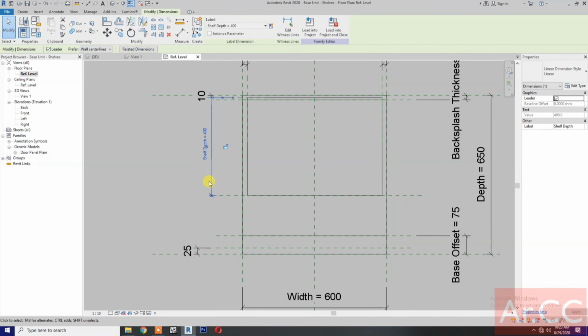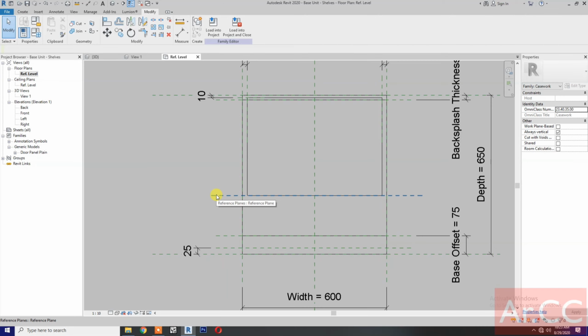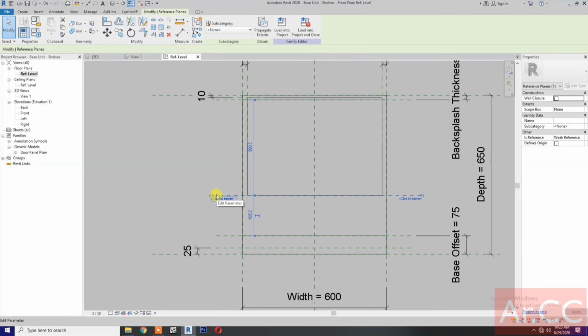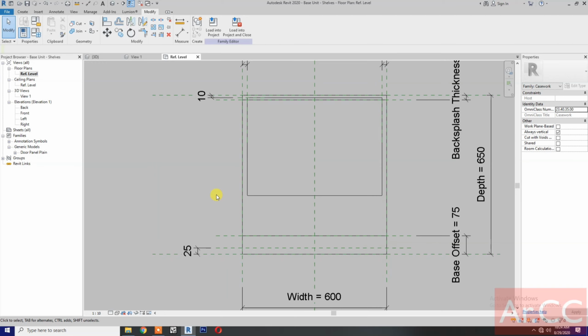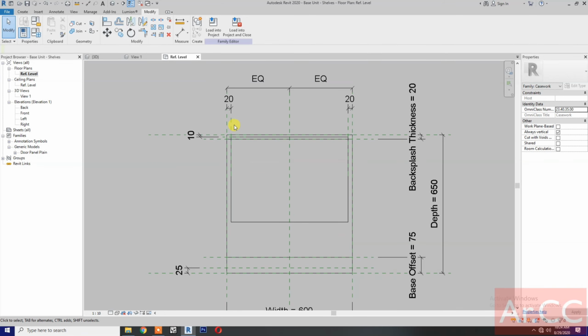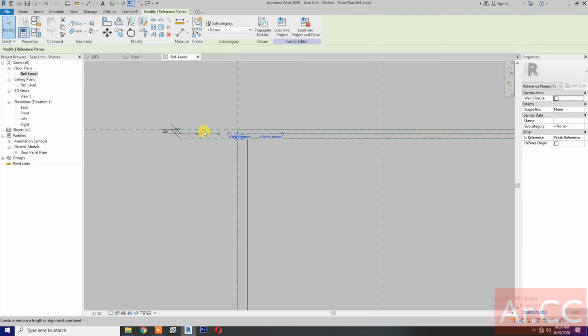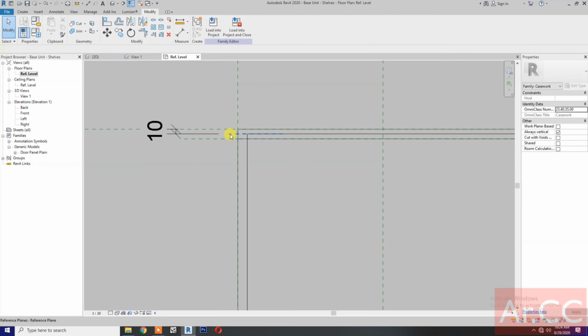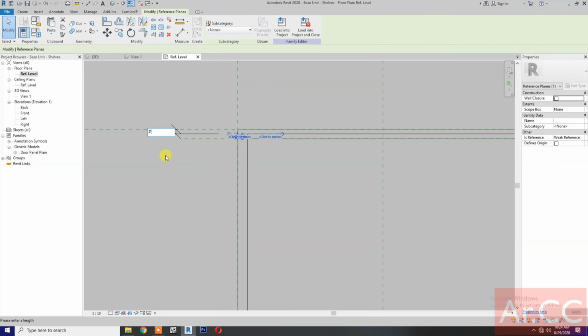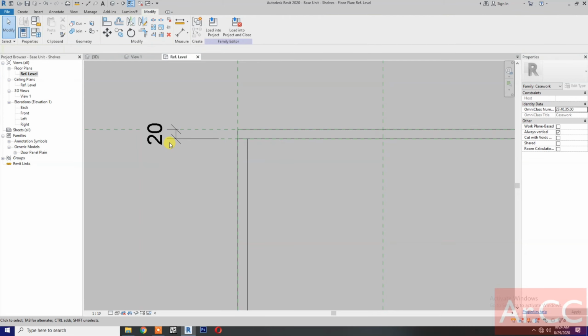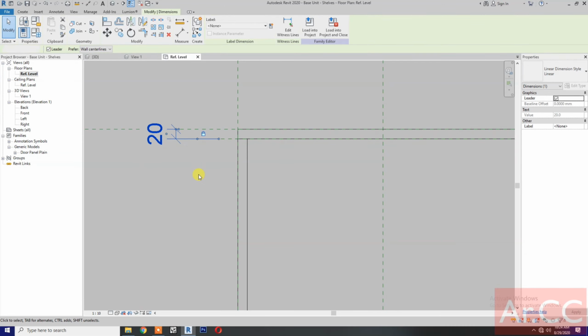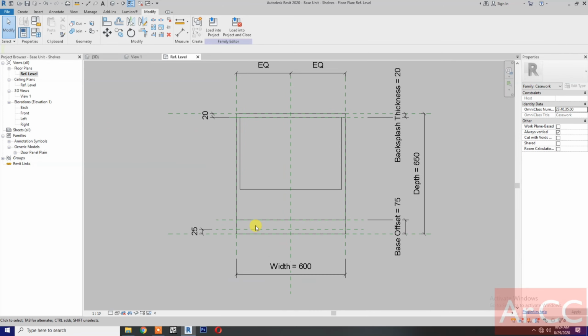delete the shelf depth parameter, delete this reference plane, then delete this reference plane, delete this reference plane. Select this reference plane, unlock the dimension, select again and change the dimension to 20 millimeter. Okay, next,